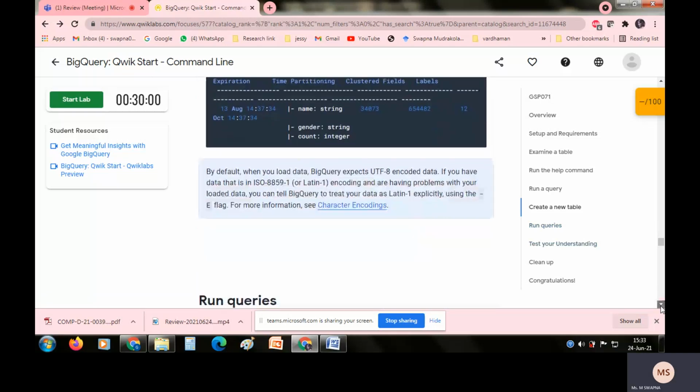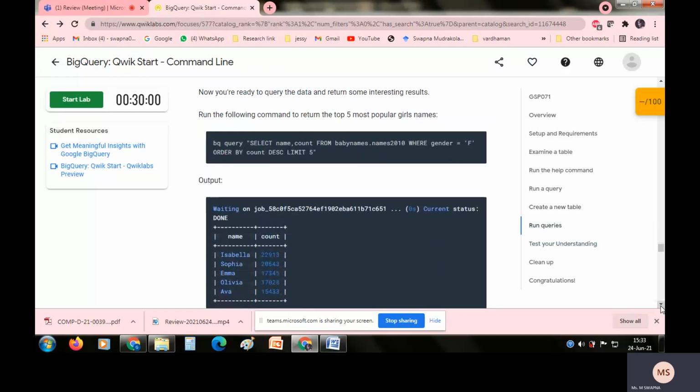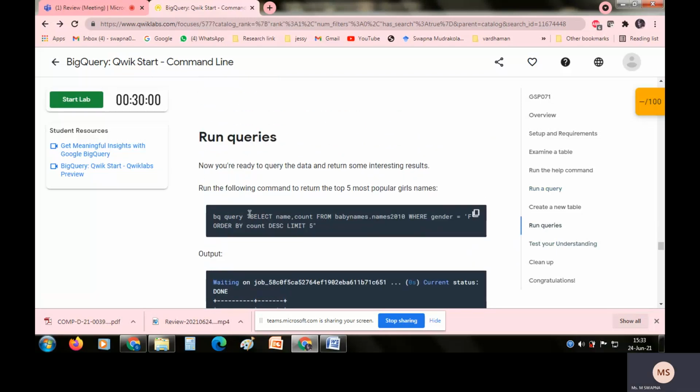Now you are trying to run your queries on the dataset table which you have created. The next one is in BigQuery: select name, and you count how many times each baby name appears. Say I have 100 names, in 100 how many Swapnas are there, how many Ragavis are there?